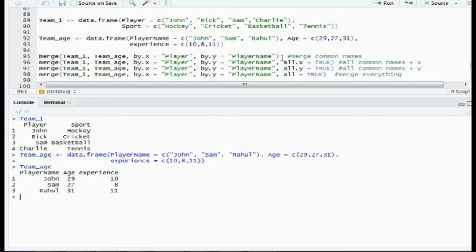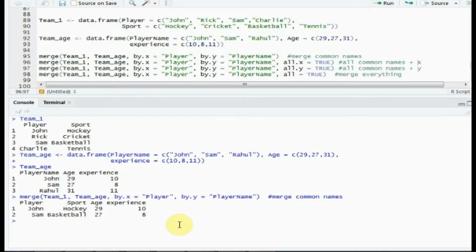In the cases where the column names are the same, you need not give these arguments because the merge function by default merges the data set based on the common column names. But in this case, we have different column names, so I need to mention that by.x is player, by.y is player name. The x here denotes the first data frame, team1, and the y denotes the second data frame, team age. Let's run it.